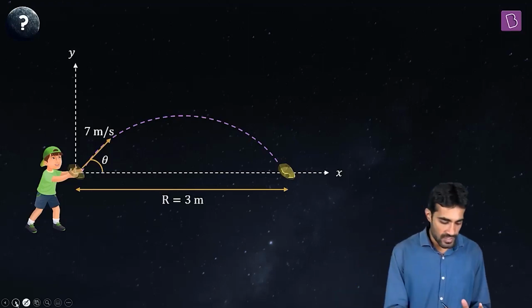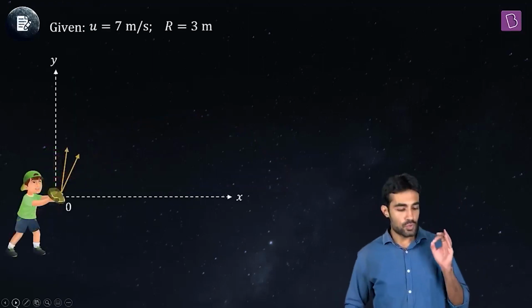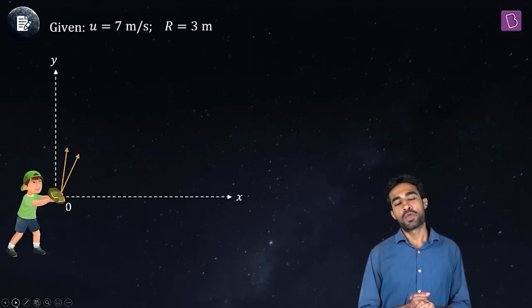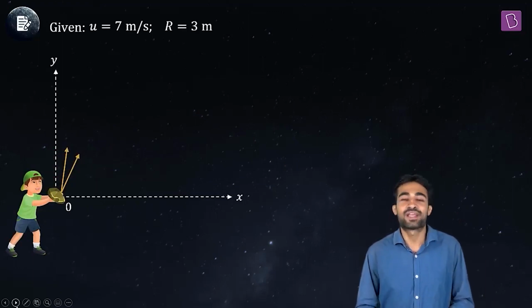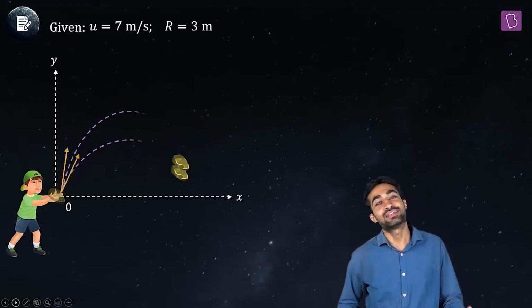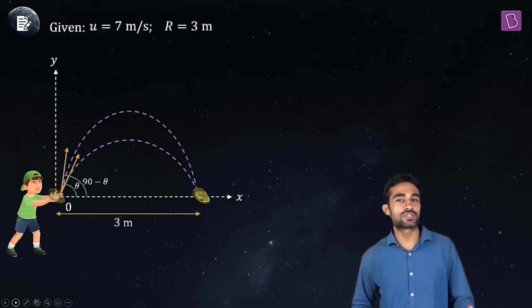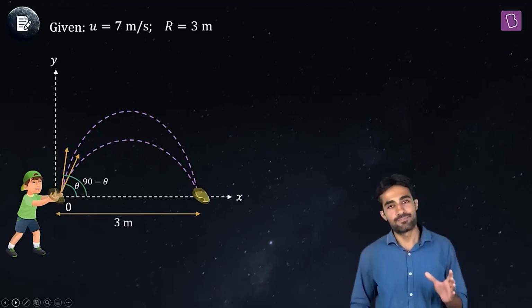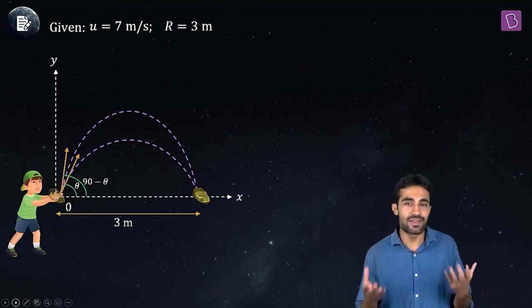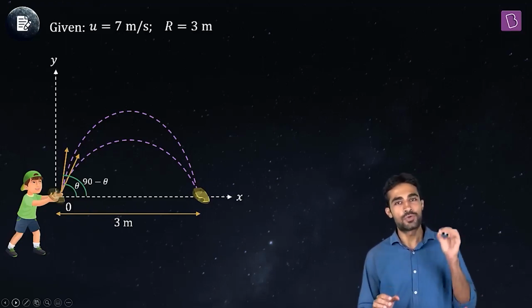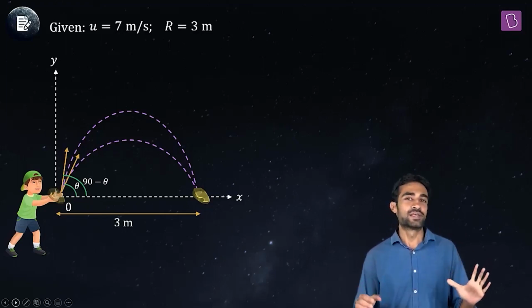This means I want to ask you whether the boy can throw the stone at two possible angles to get the same range. Oh, we remember something now. For complementary angles, we have the same range. Yes. So if we keep the initial velocity constant, we get two angles for which the range is the same. Unless the angle is 45 degrees, then we get only one angle. So in most cases, we get two possible angles for a particular range and particular initial velocity of projection. Good? Good. So let's apply the formula.